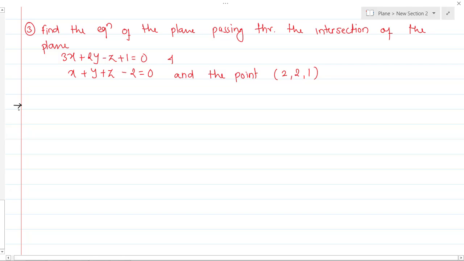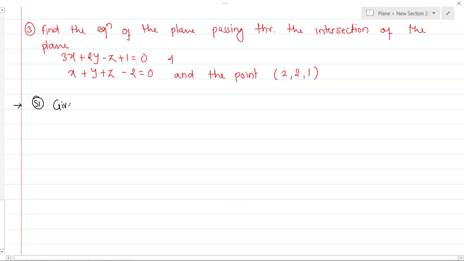Don't look at the difficulty level. Some students read the question and just go blank. भाई अभी क्या करना है, एक तो प्लेन का इक्वेशन निकालना है, और उसके बाद वो जो प्लेन है, वो दो प्लेन के इंटरसेक्शन लाइन से जा रहा है. कितना डिफिकल्ट है बॉस? It's not difficult, it's the simplest question of this whole topic. Let's see. Go step by step, you will find it easy.